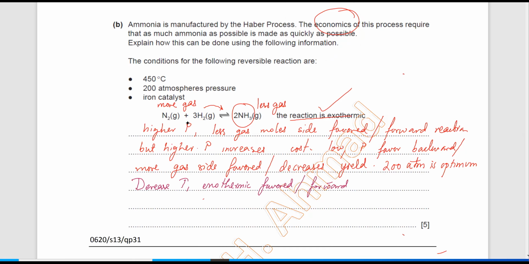But the problem is, can't really decrease temperature. It takes too much time. So lower temperatures decreases speed of the reaction. Particles would have lesser kinetic energy. तो अगर उसको 2 हफ्ते लग रहे हैं reaction होने में, so it's a waste of your time. So you can't really keep a lower temperature. So 450 is the optimum.